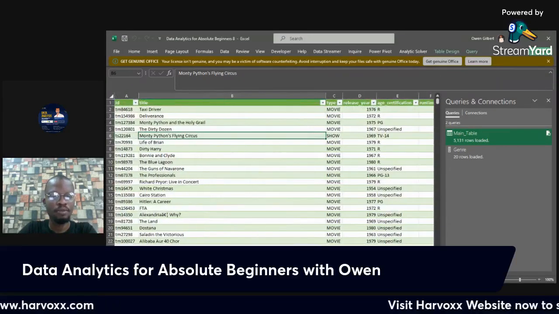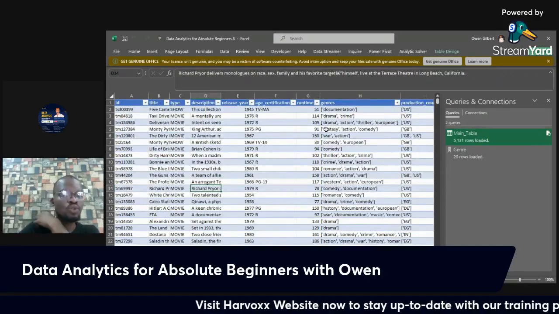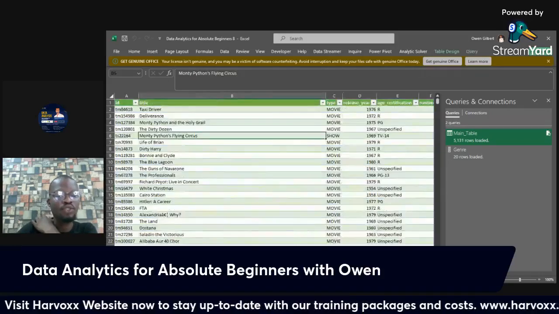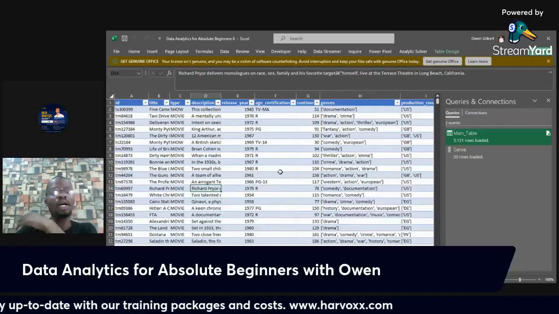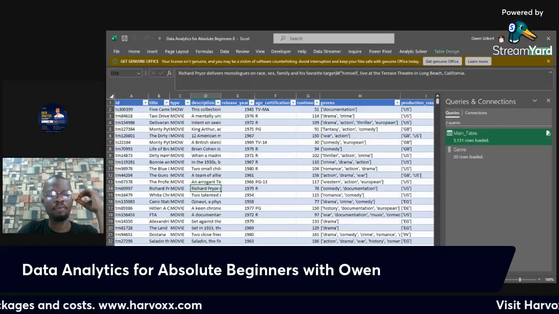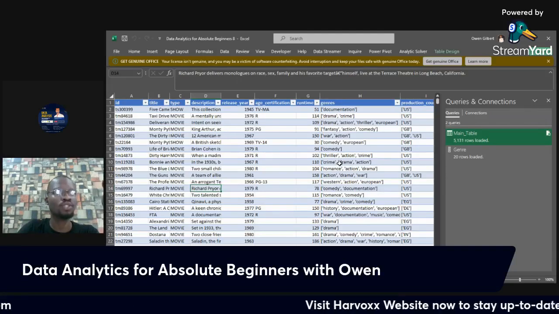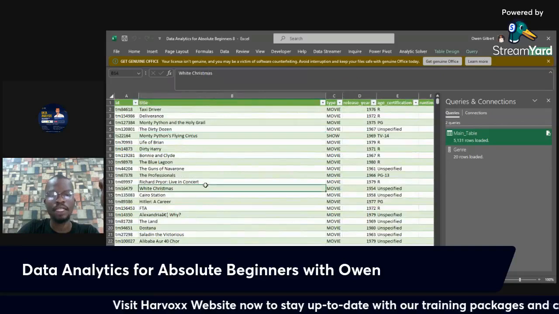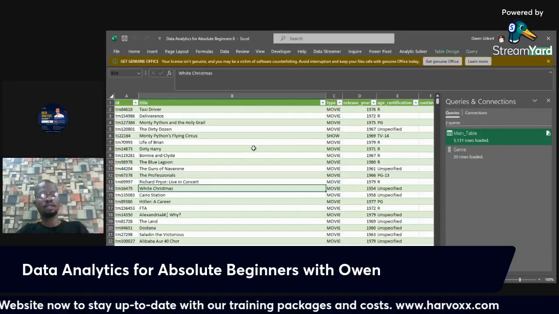Okay, so this is my main table. Now, remember that whatever I want to do now, I would love to do it in context to my main table and not my original movie list. And the reason I would want to stick with that is I have tampered with certain contents that are no longer here. I've deleted some rows that are no longer here. So I'll be working with my main table. Are we good? All right?